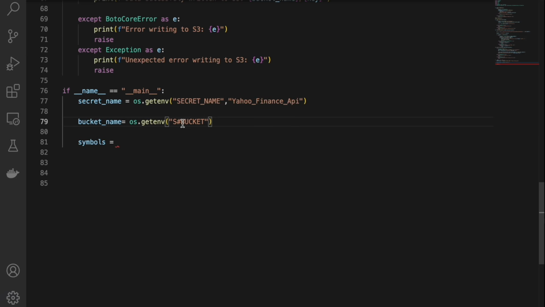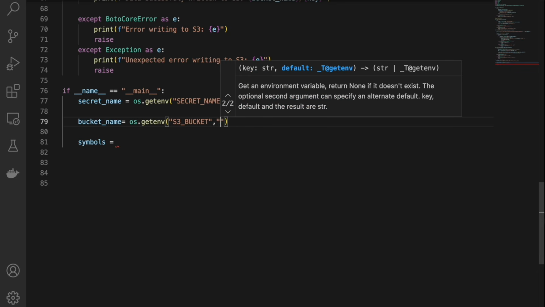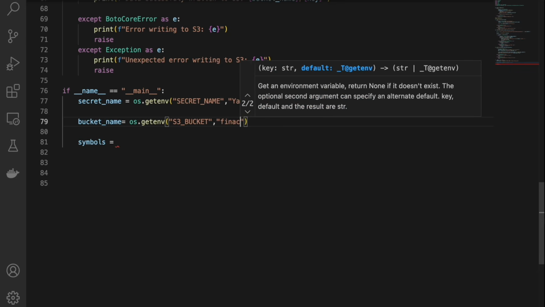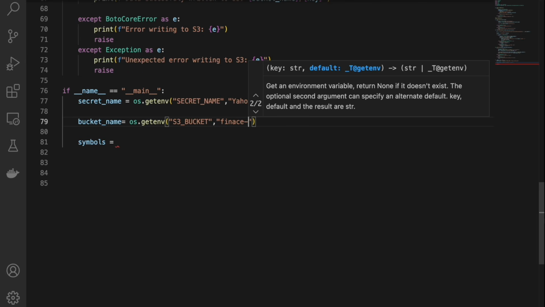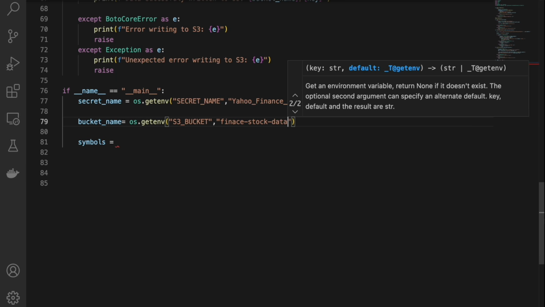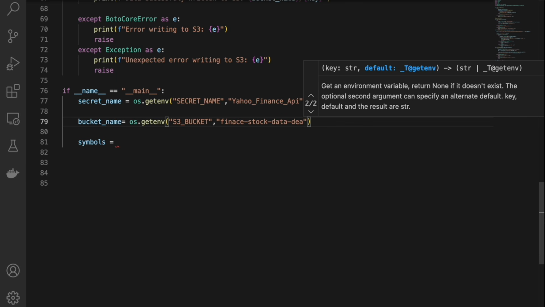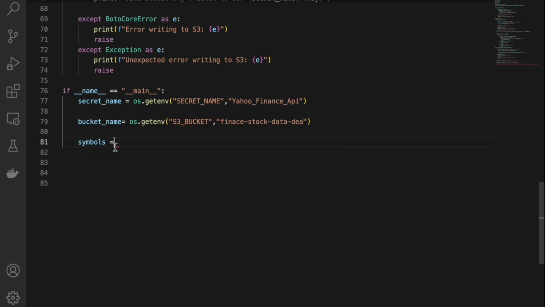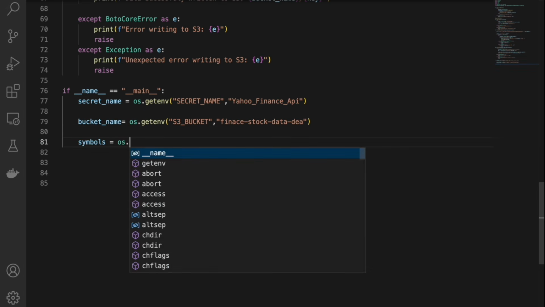Let me put it differently. Yes, S3 bucket, and the bucket name for me is finance. This might be different in your case, please write your own bucket name. S3 stock data DEA. This is my bucket name. Now the symbols, I will again pass this in the environment variables, so I'll do